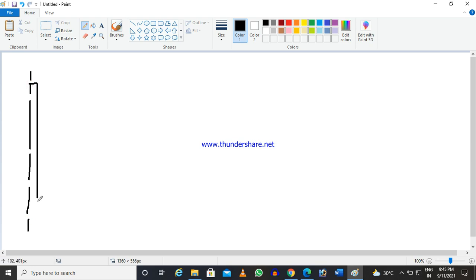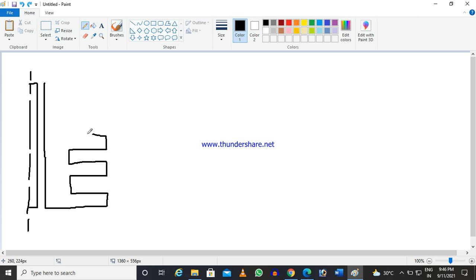Say there is a stem, and in between there is an annular path, and on the peripheral side, meaning the outer side, there are some fins, and let us consider